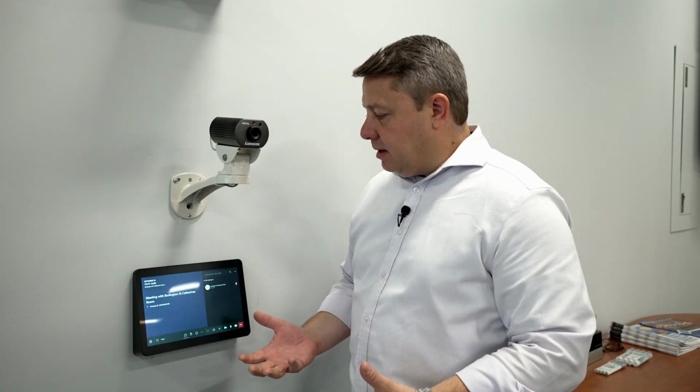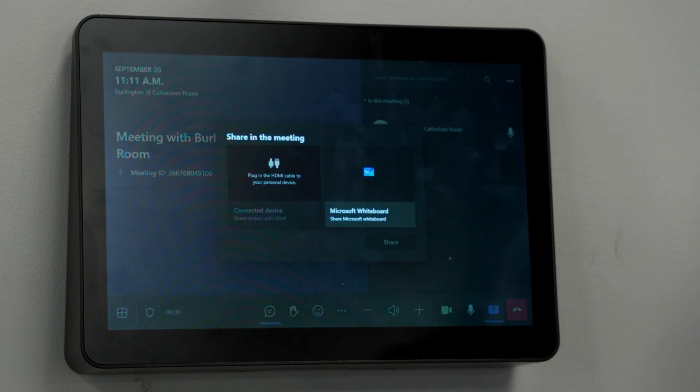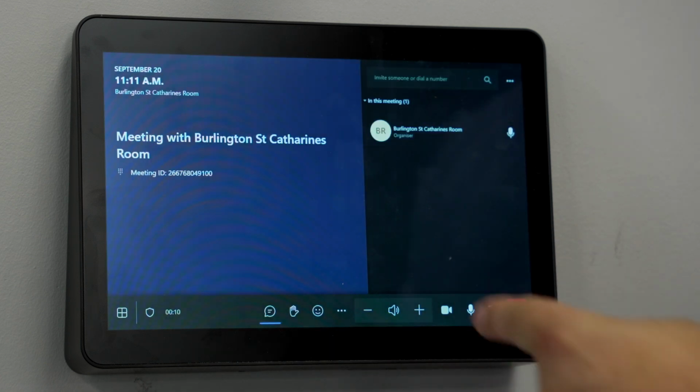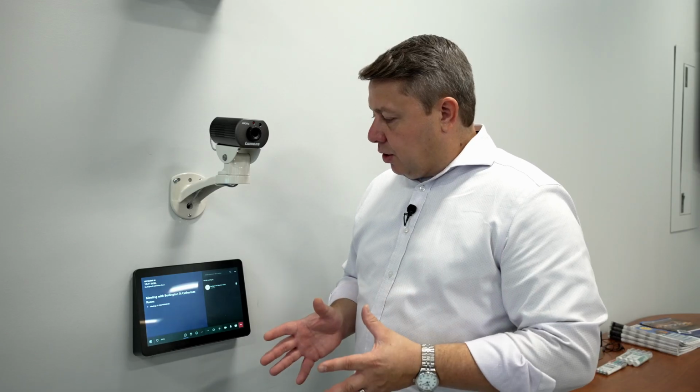Once you're in a meeting, you're going to launch the whiteboard by clicking the little Share button, and then clicking the Microsoft Whiteboard, and then sharing. That's going to launch the whiteboard feature from Microsoft Teams. Now, you'll notice that you have a kind of configuration here where the whiteboard isn't full screen, but that's because